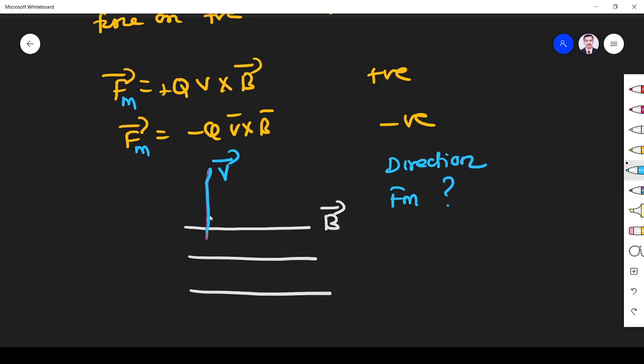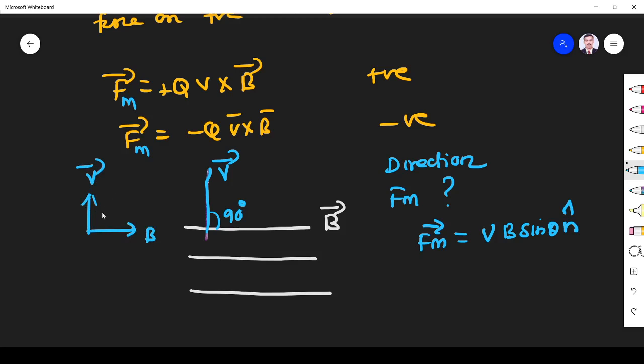You see, both are perpendicular. The angle between v and B is 90 degrees. We know Fm is equal to qvB sin theta, and in vector form it has n cap. So we know the resultant force will be perpendicular to both v and B. We have done that already. First point, the resultant magnetic force vector will be perpendicular to both v and B. So my v is in this direction, my B is in this direction from the diagram. Where will Fm be? It will be perpendicular.